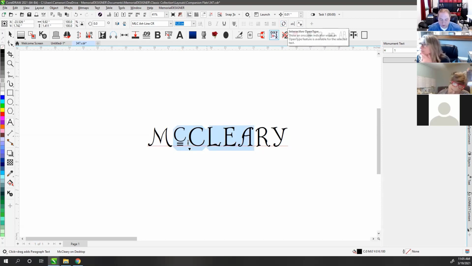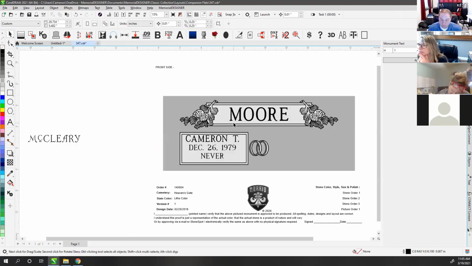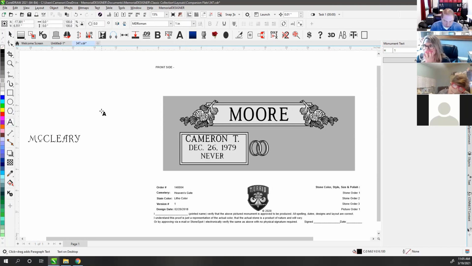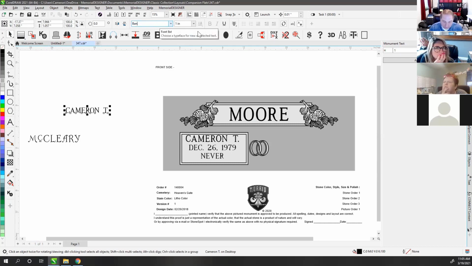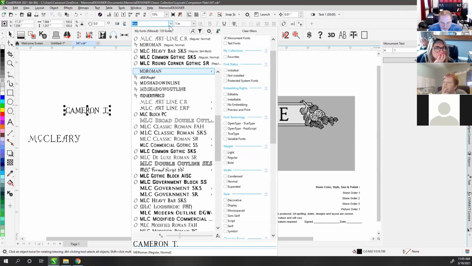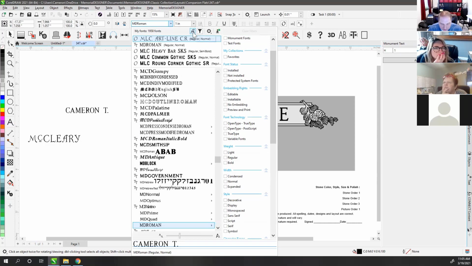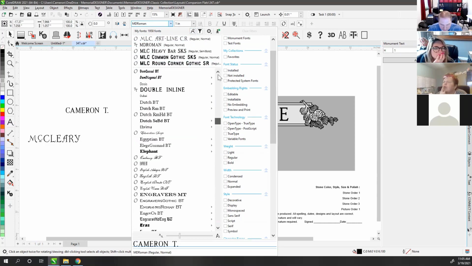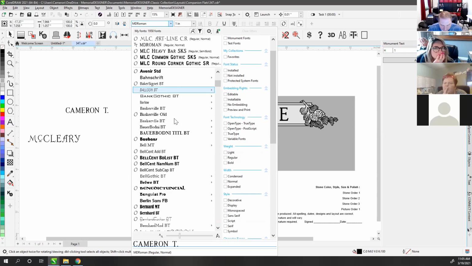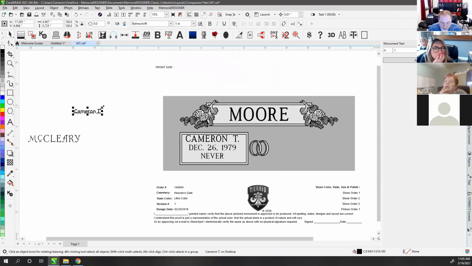My fonts, the MD fonts, do not have any OpenType features. There are quite a few fonts that come with Windows that do have OpenType features. Let me see. I'm filtering to only show Monument fonts, so I'm going to uncheck that. I think I've got one in here. Bandscript, this one here, is an OpenType font,